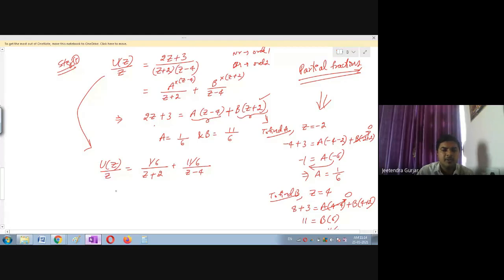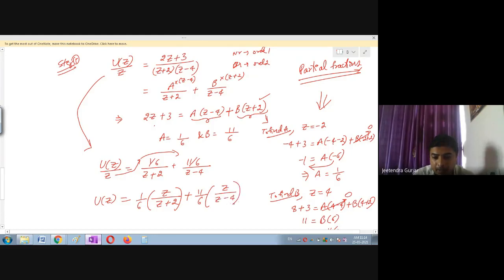Okay, next we will simplify this. So I want to find z inverse of U of z. So I will take z again here. So this is going to become 1 upon 6, I will take it outside. This is going to become z divided by z plus 2. Same way I will take this z this side also. So 11 upon 6 I will take it outside. This is going to become z divided by z minus 4, students. Again, very important, students. Please remember, I have not used anywhere the z transform at the last step.